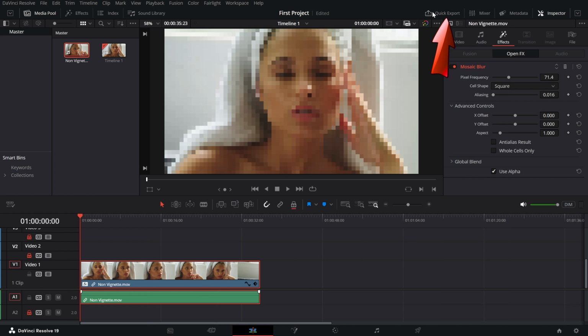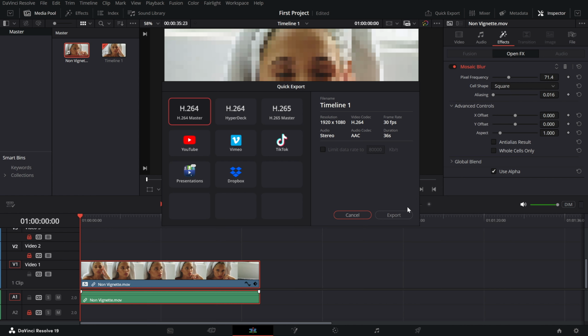It looks like an upload icon, easy to spot. Click on it and a menu will appear with several preset options. You'll see export options tailored for platforms like YouTube, Vimeo, TikTok, and even for presentations or Dropbox. If you prefer traditional formats, there are presets for H.264 Master, H.264 Hyperdeck, and H.265 Master, perfect for ensuring high